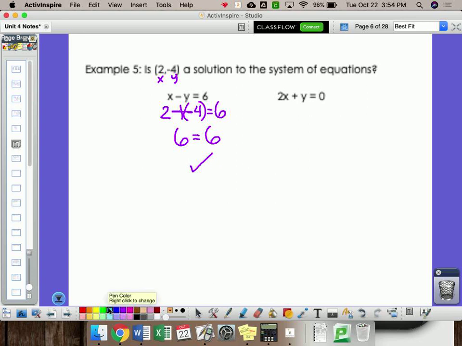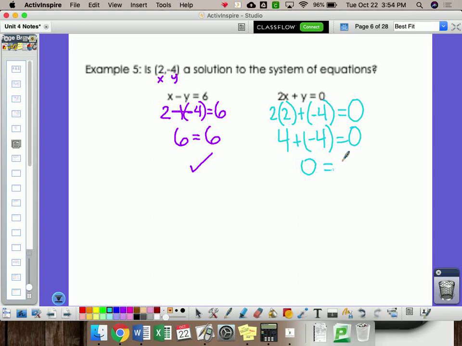So now I'm going to plug it into my next equation. 2 times x, which was positive 2, plus my y, which was negative 4, should equal 0. Well, I see 2 times 2 is positive 4, plus a negative 4. 4 plus a negative 4 is 0. So since it worked for that equation too, I can say yes. 2, negative